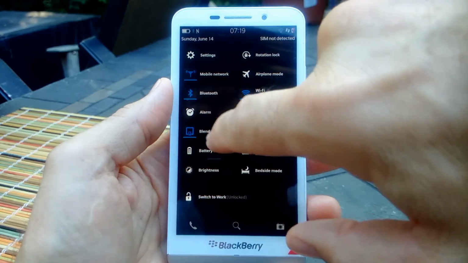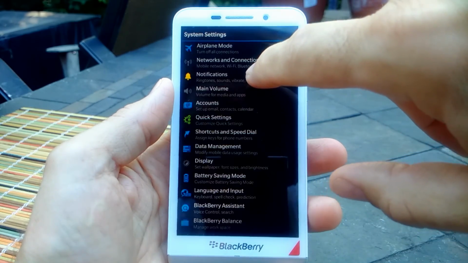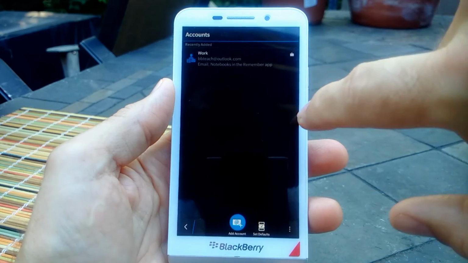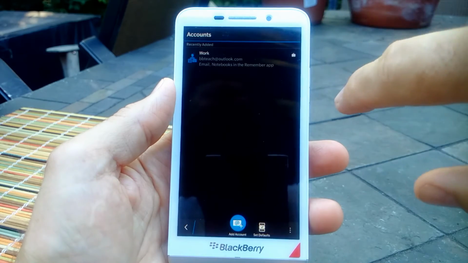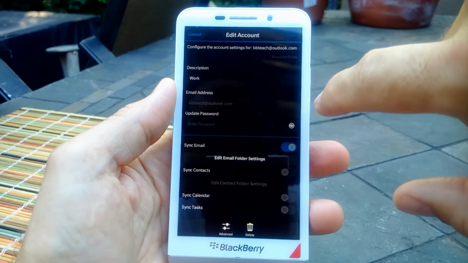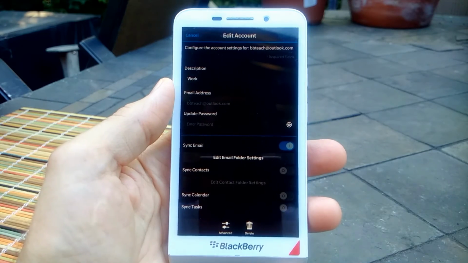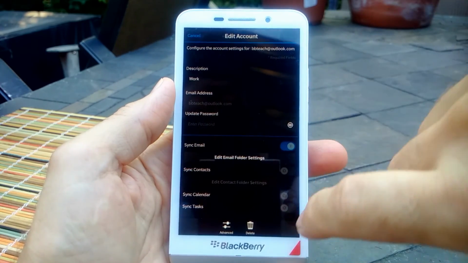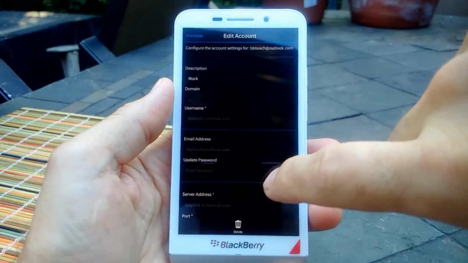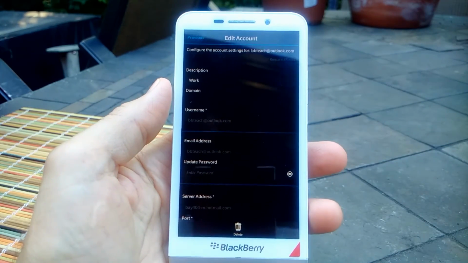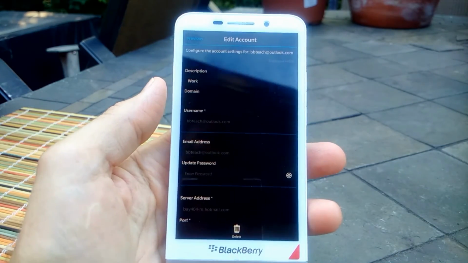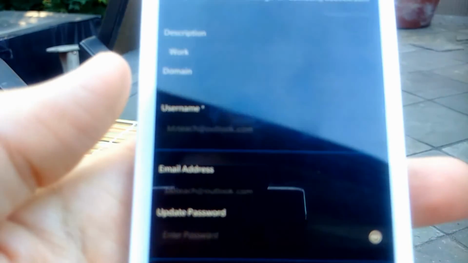Now, if we go to settings on the personal side, go to accounts, there it is. It does show it to you on the personal side. I'm not sure how I feel about that. I guess it doesn't matter too much. If we go to advanced, we can start to see the settings. And if you remember what we did over on the